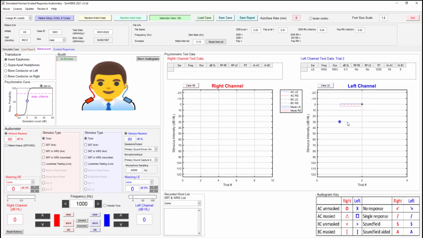And that is because when it saves it, it automatically reverts back to the assignment mode only. Okay, so the first presentation we did was at 30 dB. We have that asterisk there, and response was given, so it's a blue, and then we went down to 0, no response. So then we go up 5 dB, and response present. And you can see that on the psychometric curve here as well. The green-blue circle here. So we get response present, go down 10 dB, no response, up 5, no response, up 5,